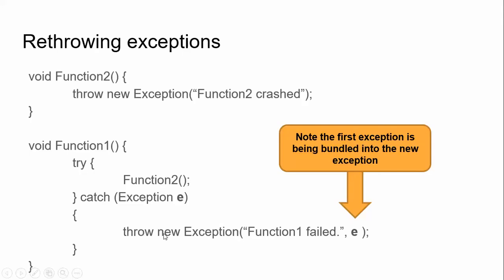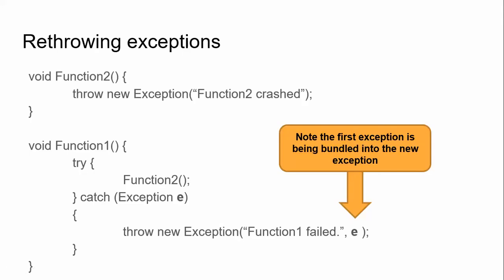So what we can do here is we could either take some action if we can, but when we rethrow this exception, we don't want to lose all of that information in the first exception that was handled. So if we just threw a new exception that said function 1 failed, we would lose the error report for function 1. And that's why if you look at this constructor for the exception, you'll notice we've provided a second argument where we've actually